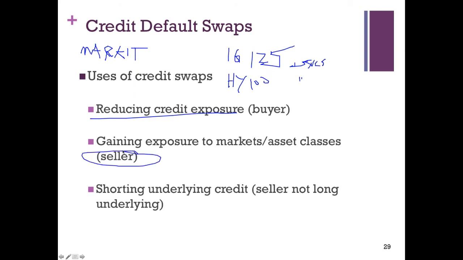Sellers of credit protection are oftentimes institutional investors like insurance companies or pension funds that are selling credit protection as a way of generating income, because naturally the CDS spread is reflective of the credit risk, and that's naturally tied to expected return. So in some cases, selling credit protection is a little bit similar to going long the asset you're selling credit protection on. And a very handy use of buying credit protection is